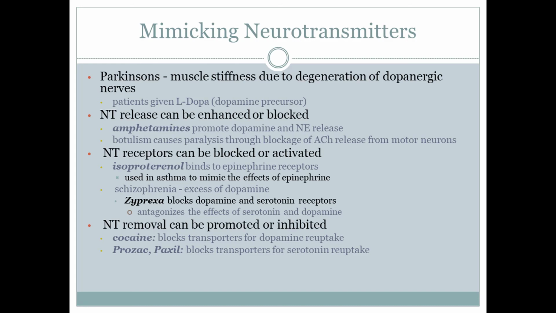You'll take a look at some of the others. I talked about schizophrenia and other things that can end up removing the amount of neurotransmitters. Cocaine, for instance, blocks the transporters for dopamine reuptake, the same way that serotonin reuptake takes place. Cocaine increases the amount of dopamine in those responses, and so forth. So that really concludes this section. This last